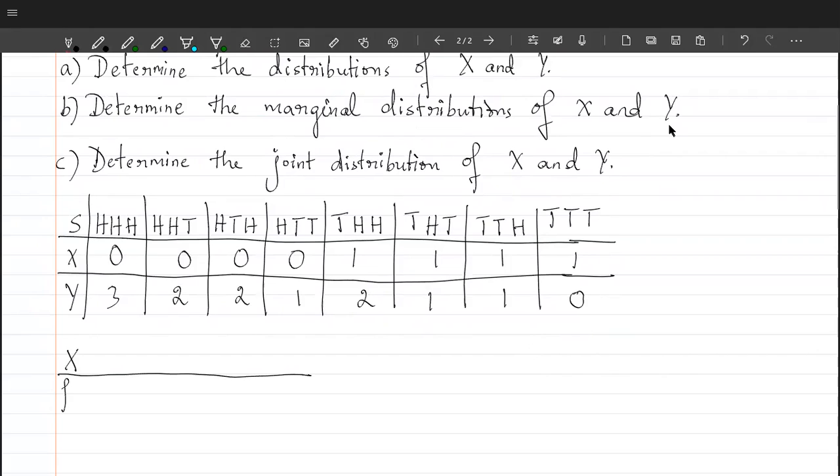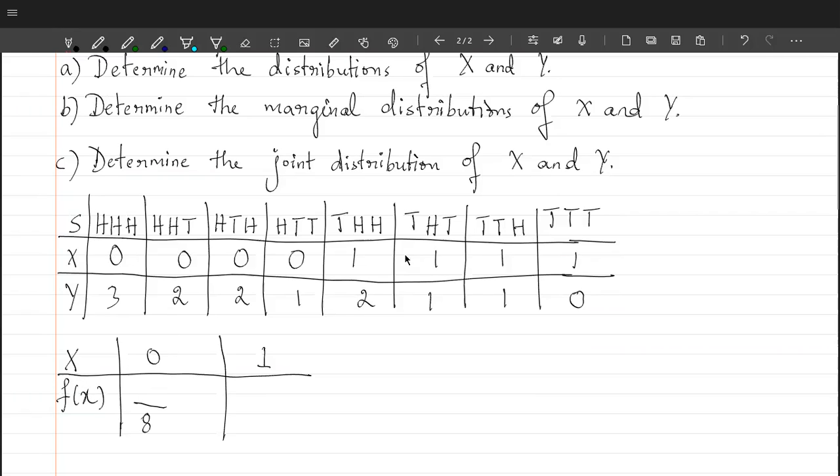X and f of x. So x takes which values here? X takes the values 0 and 1. Now, how do you write the corresponding probability values here? You can see that this event has total 8 outcomes. So normally if you want to calculate the probability, in the denominator we write all the possible cases, which is 8, and in the numerator we take only those cases which are favorable for this particular outcome. So what you are calculating here is the probability that x is equal to 0.